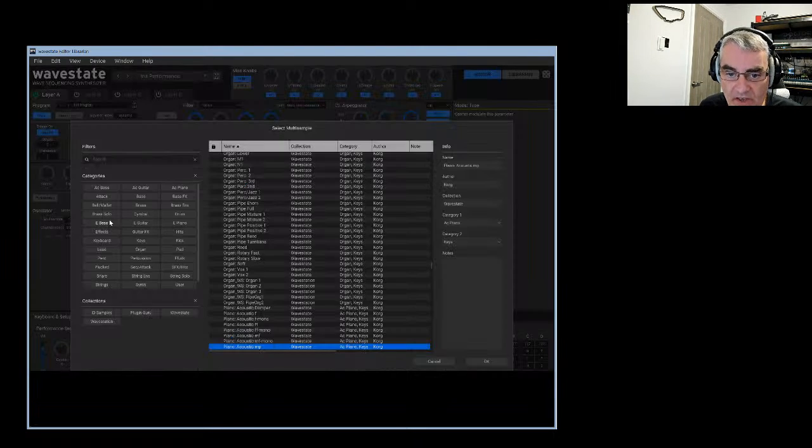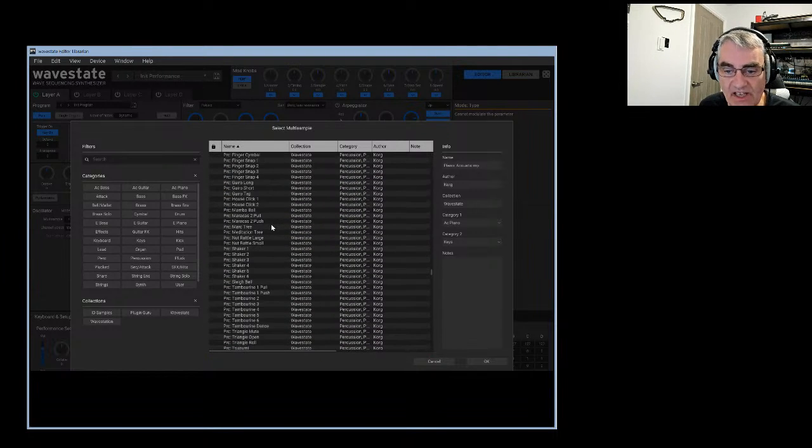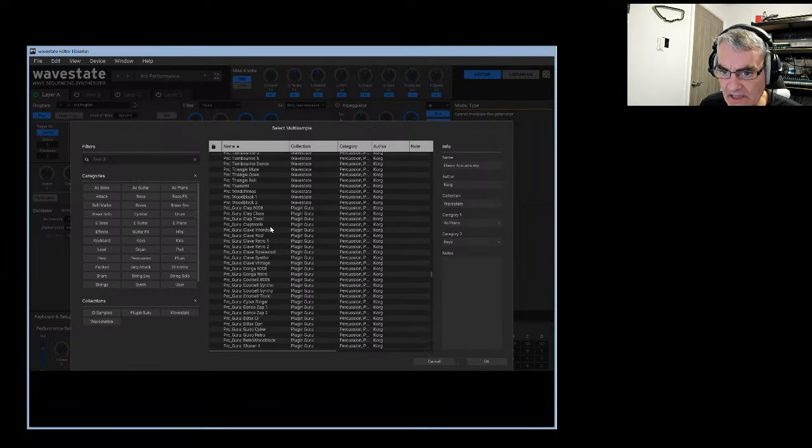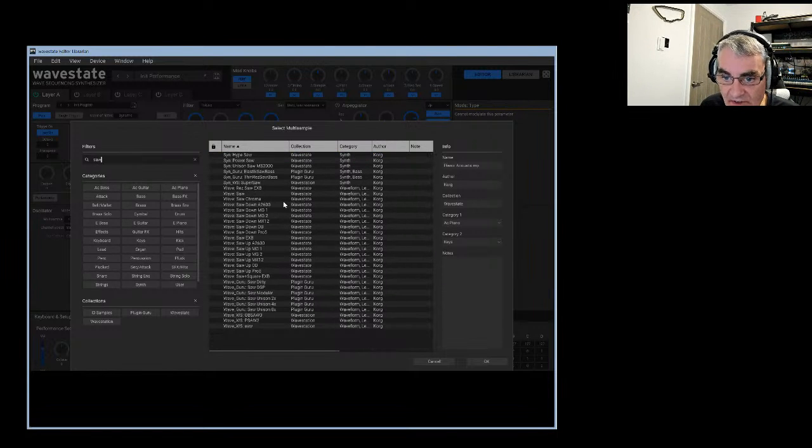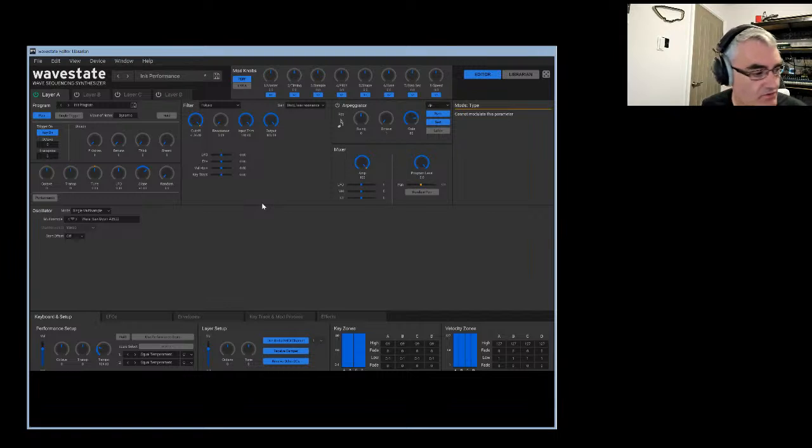But what you can do is you've got a whole load of samples in there that are analog based, and then you've got analog style filters in there. So you could search for a sawtooth wave and you'll find there's tons of them in there. So here is a 2600 sawtooth,